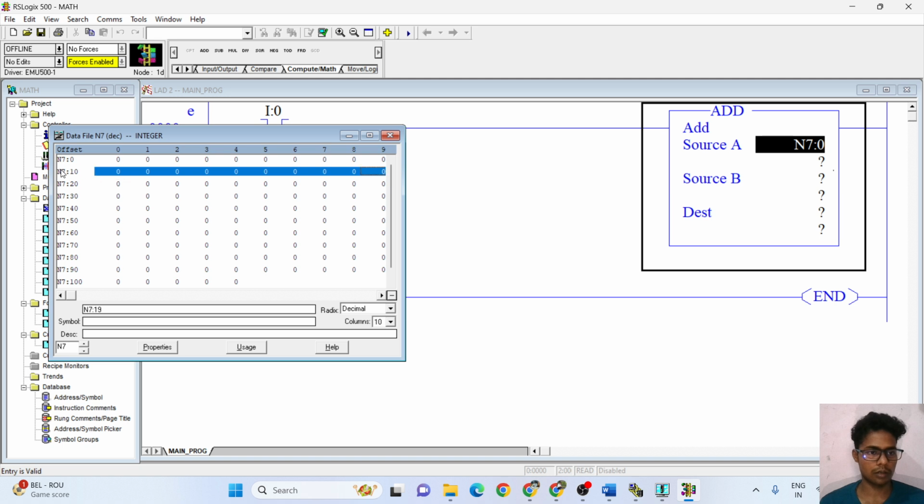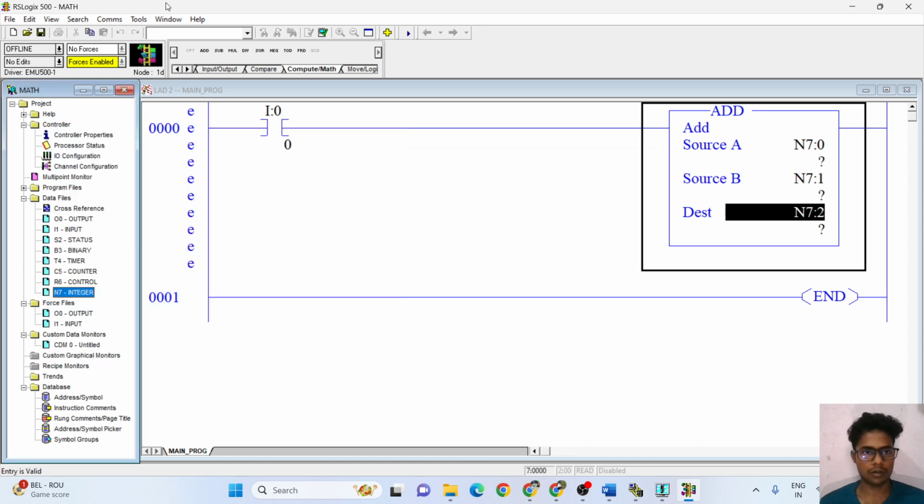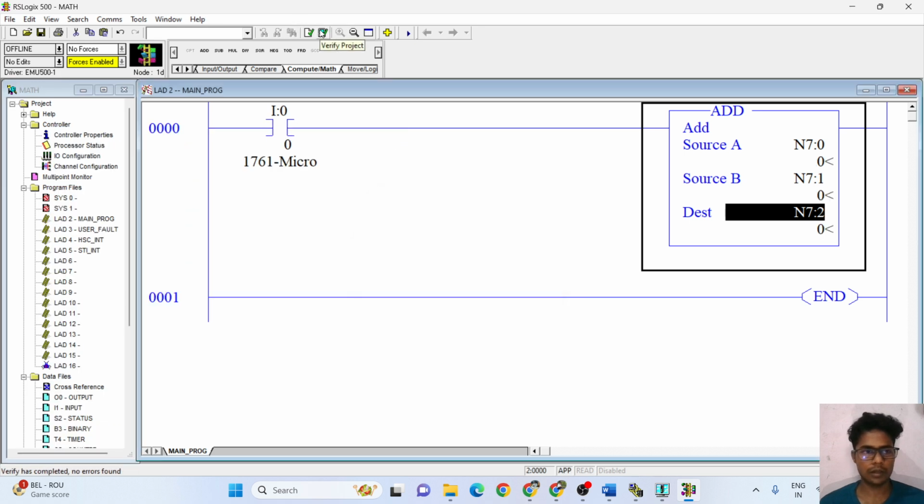N7:0 it will be taking, and N7:1, and N7:2, and will verify it.